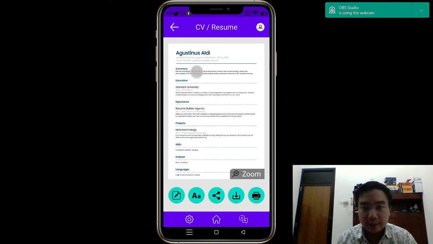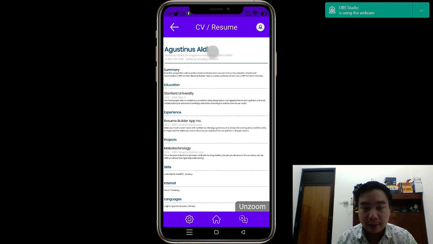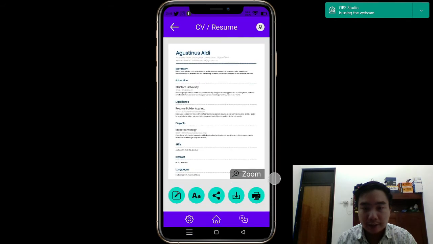If it's too little for us to read, we can zoom in to make it more readable, and then we can unzoom. We can also use this button to head back to editing the information that we inputted, or we can use this AA for the setting for the font, font style, font size, and all of that.